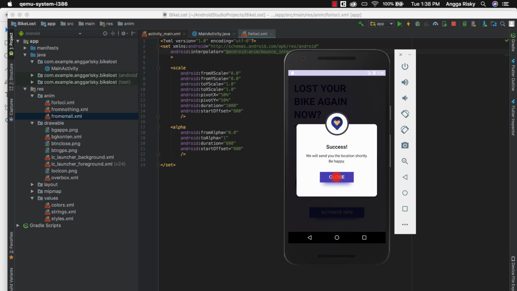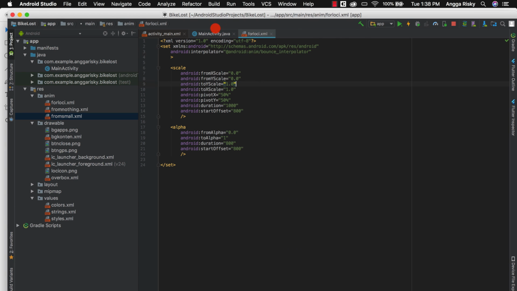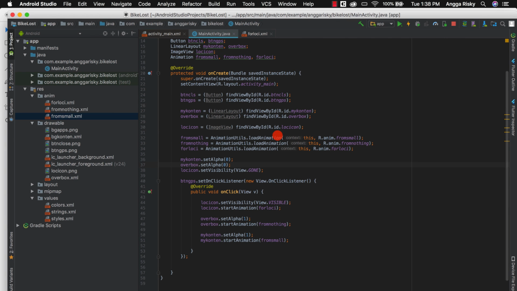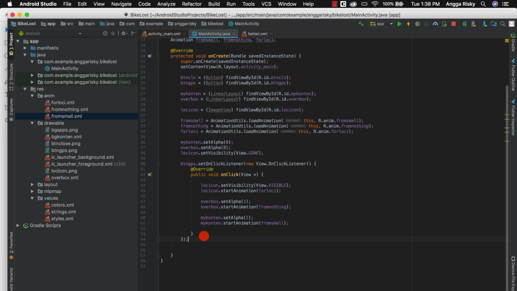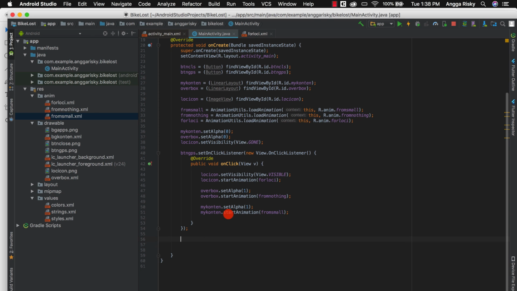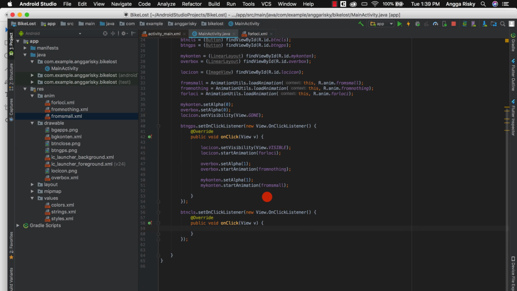So we just need to close this button and then it's supposed to be gone, right? So okay, let's continue. And I'm going to put another event, btn class, and after that we have to set the overbox just like this.